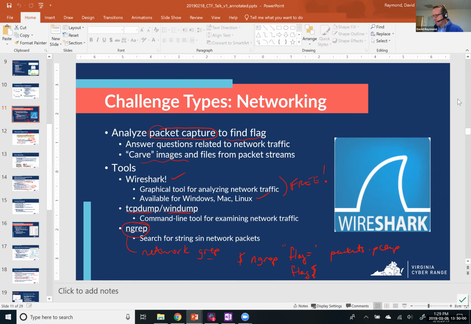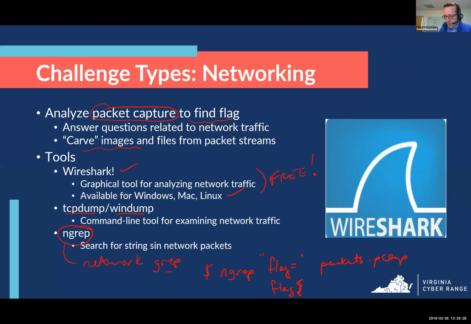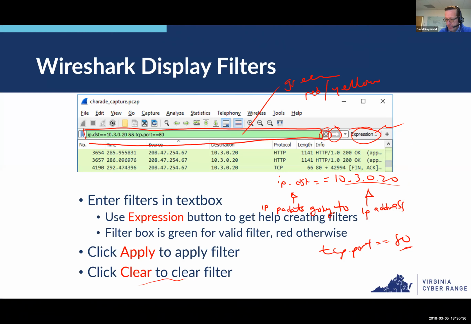So we talked about some hints for how to approach CTF challenges in general. Then we talked for a couple of weeks about cryptography challenges. And then last week we talked about networking challenges. We delved into what networking challenges are all about, and we spent a lot of that time talking about Wireshark and how to use it. So today we're going to actually use it to solve some challenges. Wireshark is one of a handful of different software packages that you use to analyze packet captures.